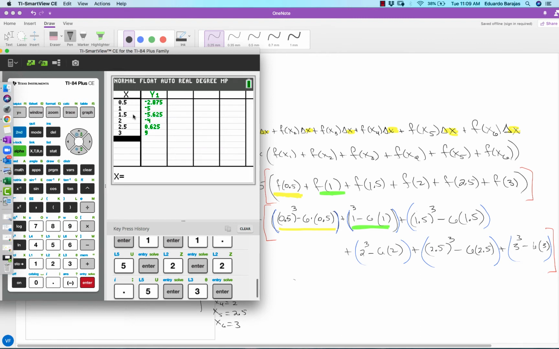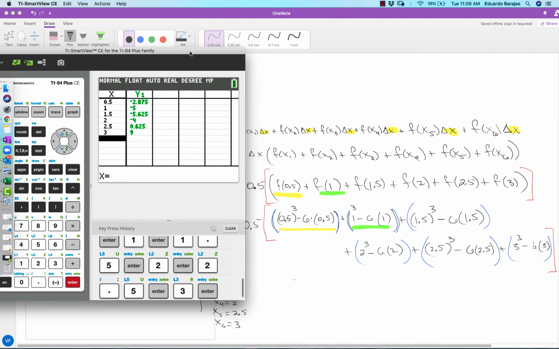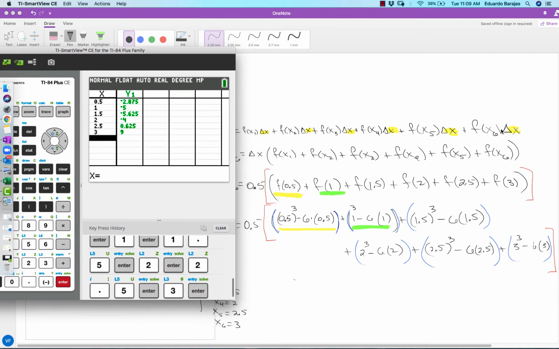So we're going to have 6 rectangles where the base is always 0.5. That's what this little formula was telling us. There are 6 rectangles where the base is always 0.5, and the heights are dependent on these values. The height of the first rectangle is negative 2.75. The height of the next rectangle is negative 5, and so on and so forth until we get all 6